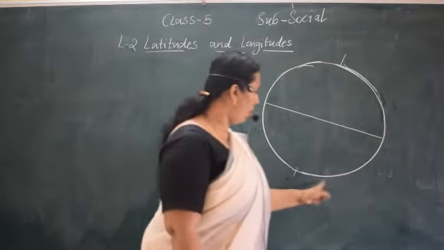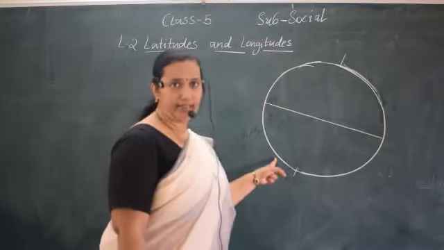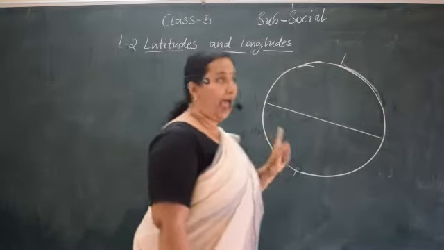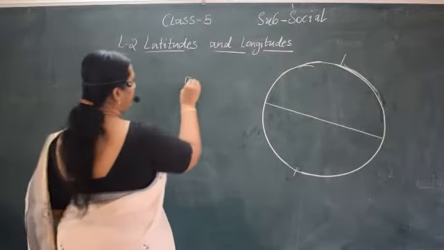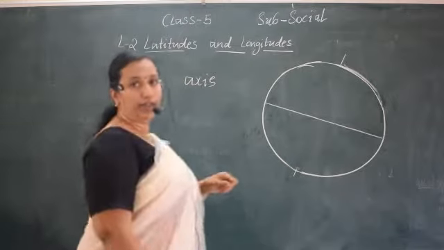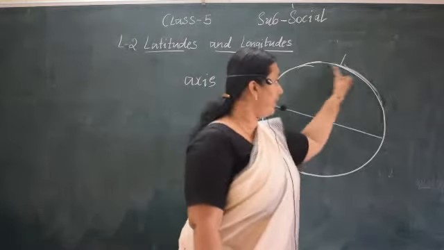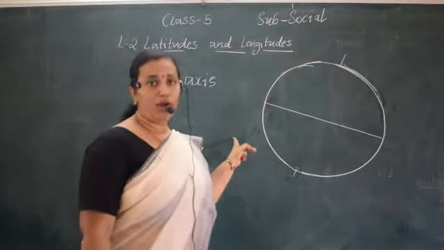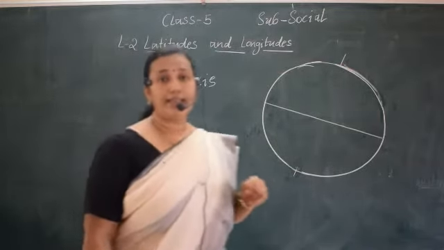Earth rotates on its axis, isn't it? So this imaginary line is called axis. So earth rotates on its imaginary line. This imaginary line is called axis. Okay, children, hope you understood that. Next,